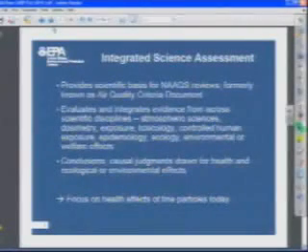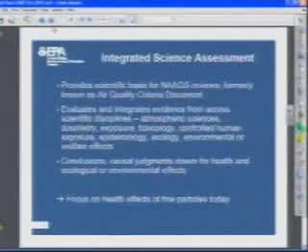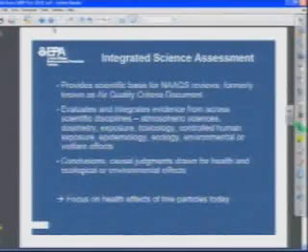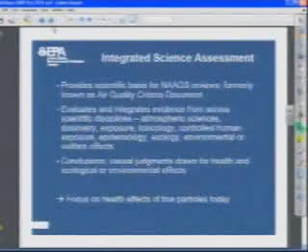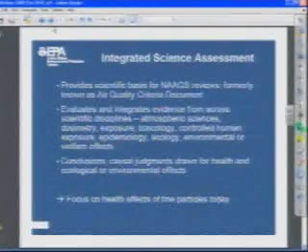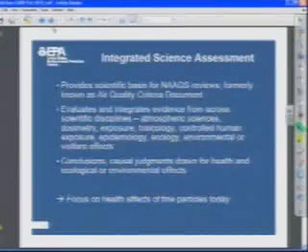The Integrated Science Assessment we've recently completed has conclusions and causal judgments for both health and ecological effects. It includes fine particles, coarse particles, ultrafine particles to the extent possible. For this one, I note at the bottom, for this particular symposium, I'm focusing on the effects of fine particles. But we have conclusions about other types of particles and other types of effects in the Integrated Science Assessment. Real briefly, the next slide